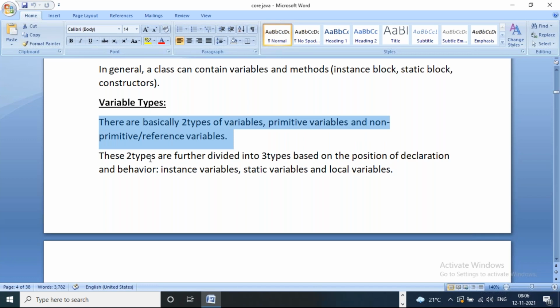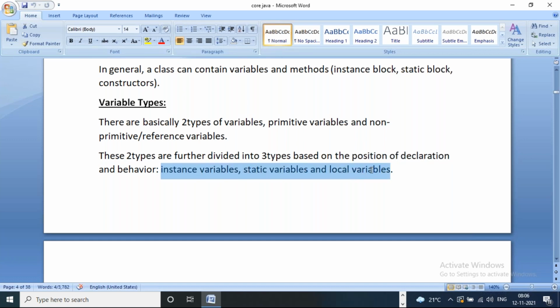These two types are further divided into three types based on the position of declaration and the behavior based on the position you declared. What are the three types? Primitive instance, primitive static, primitive local. Non-primitive instance, non-primitive static, non-primitive local. Like this, each type is again classified into three types: instance, static, and local.